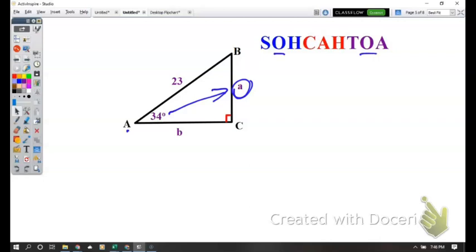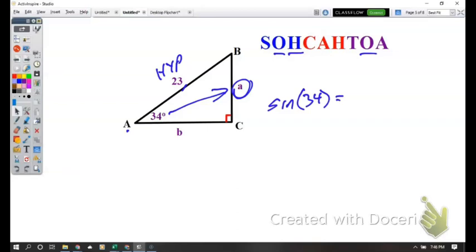And which other side do I know? Well, I know side AB, which is the hypotenuse over here. So which one uses opposite and hypotenuse? Well, that's this one here. That's sine. So what I want is the sine of angle A. Now, I actually have a measurement for angle A, so I'm going to put 34 in parentheses. Sine of 34 degrees